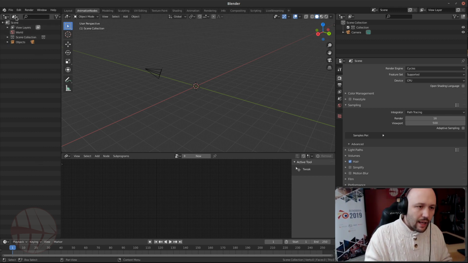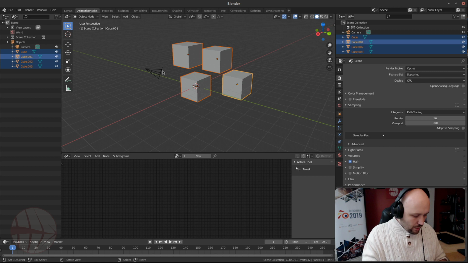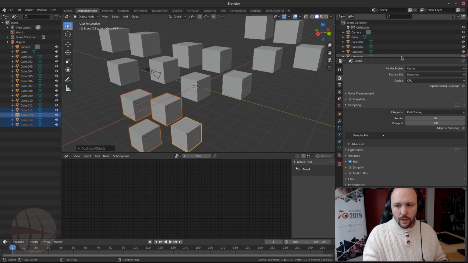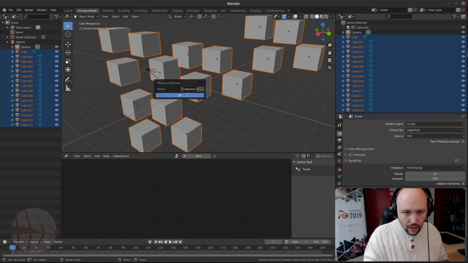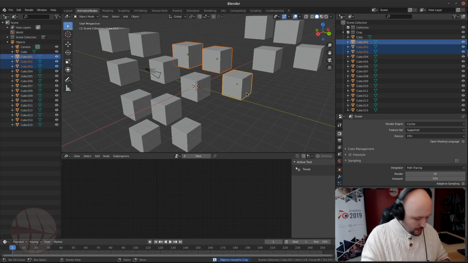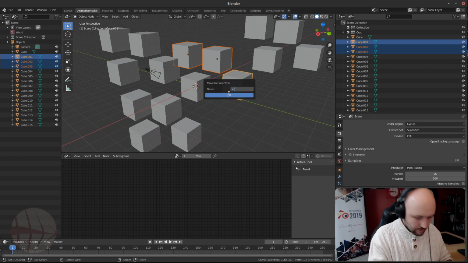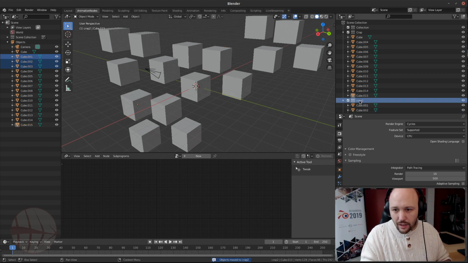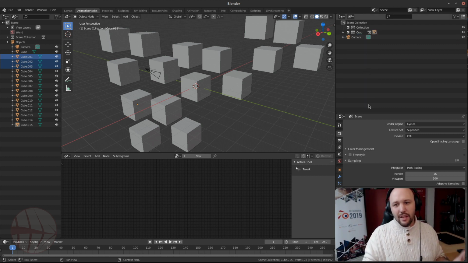Why? Because this outliner is configured in scene mode. So I can see any object I have in the scene without having to deal with collections. Because if I have, for example, all of this in a new collection called crap, and now I have this and this and this, and I have this in a new collection called crap 2, and now this collection is inside this collection, and this one is collapsed, and this one is collapsed, and now I have to deal with all the collections,